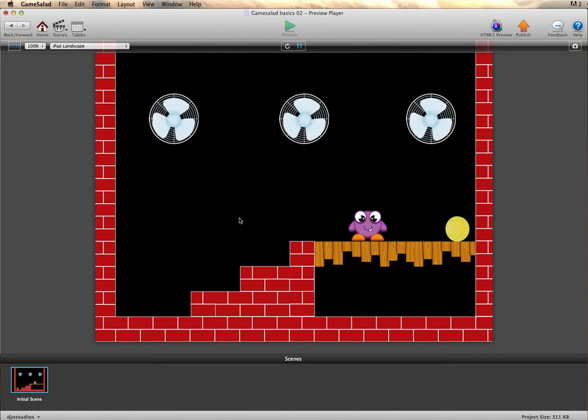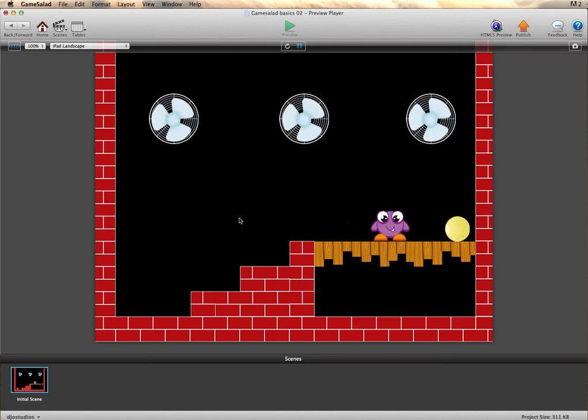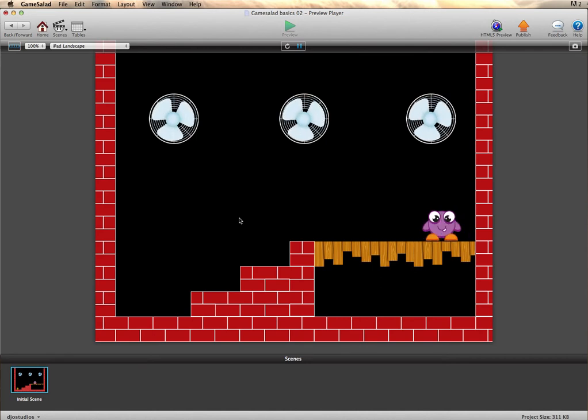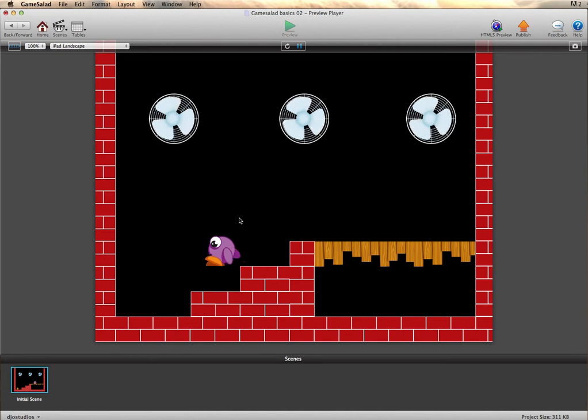So I've got some movement attached to the character on the keyboard using left and right arrow keys. So left key moves it left and right moves it right. And when I stop, it just assumes this static position. If I go over to the coin, I can basically pick it up. In other words, when I collide with it, it does disappear. And then if I walk to the left, it will fall down to the next step,